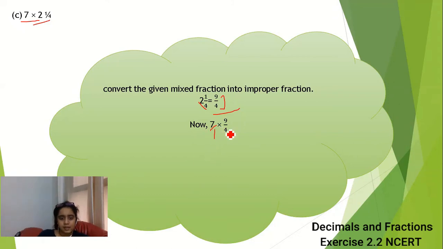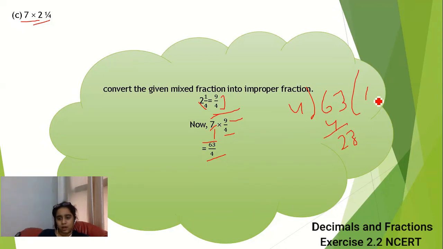So I can represent this 7 as 7 upon 1. In the next step, I will multiply the numerator values with each other and the denominator values with each other. So 9 times 7 is 63, and 4 multiplied by 1 is 4. Now I have to convert this into a mixed fraction. That is, I have to divide 63 by 4: 4 1s are 4, and 2 is left, 23, and 4 5s are 20, and 3 is the remainder. So we will put the remainder in the numerator position, this 4 is here, and this 15 will remain as it is. That is, our answer would be 15 3 upon 4.